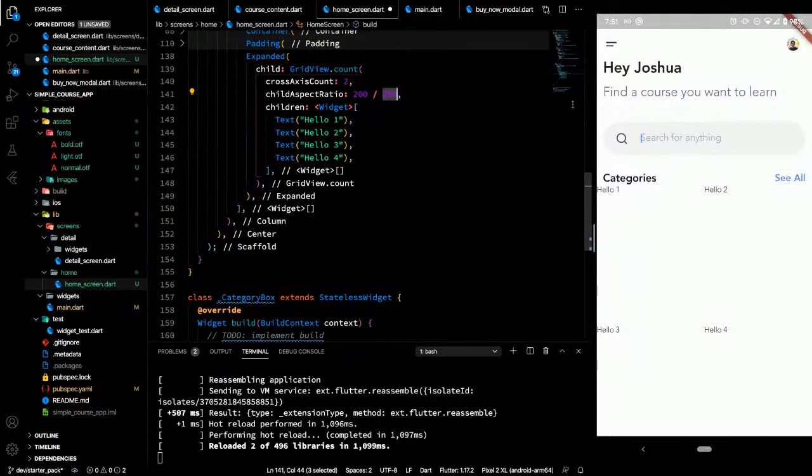If you try setting, for example, the height to 100, it won't look good on the apps because it doesn't actually handle the spacing between these elements.